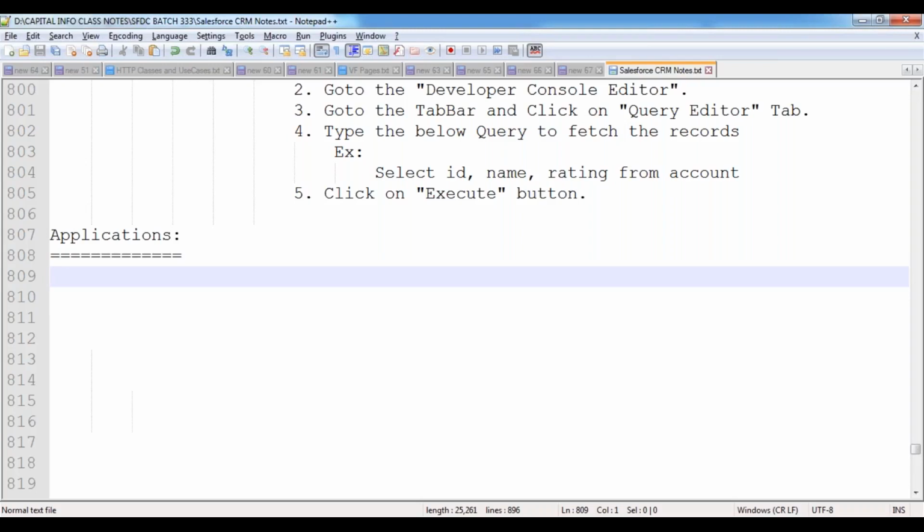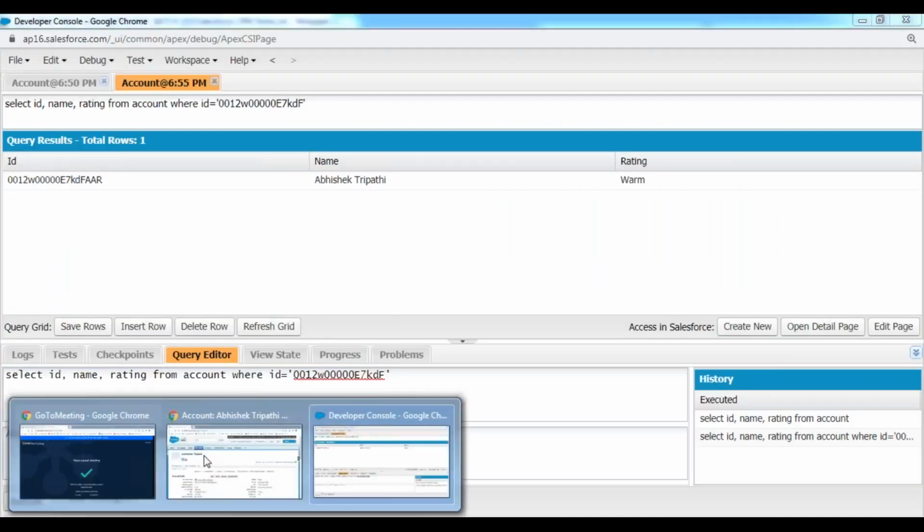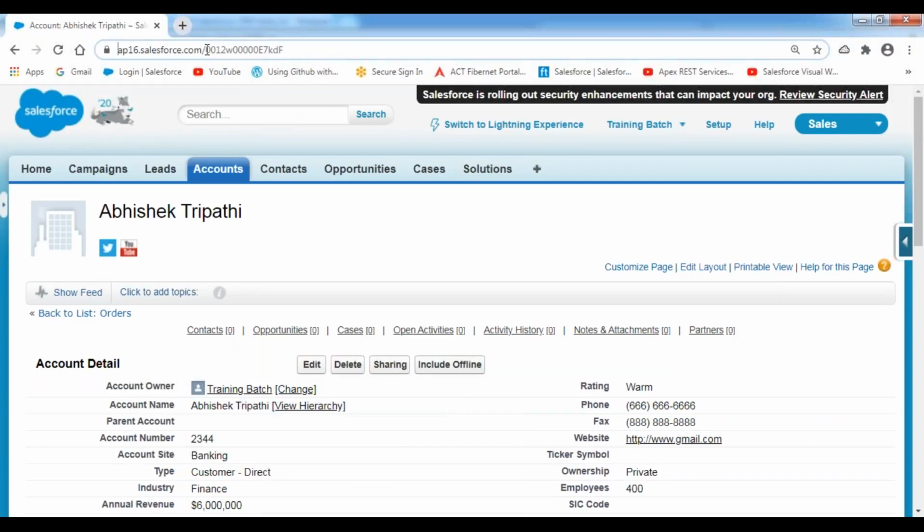So you can explain it like this. Whenever I create a record inside the table, Salesforce allocates an 18 character ID that is stored inside the database table. But when displaying that record in the user interface, the URL displays only the first 15 characters. The last 3 characters are not visible because of security reasons. This 15 character ID is case sensitive, and the 18 character ID is also case sensitive.